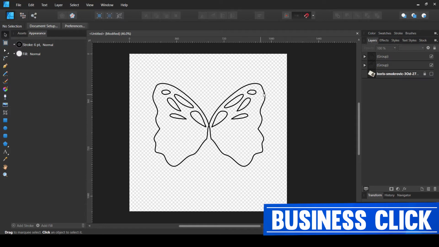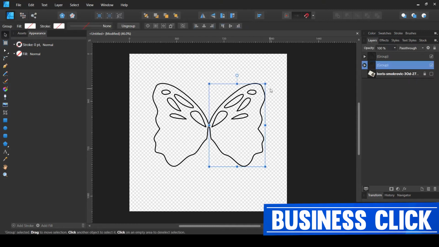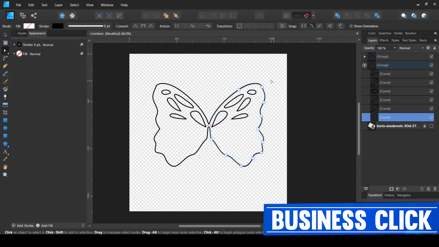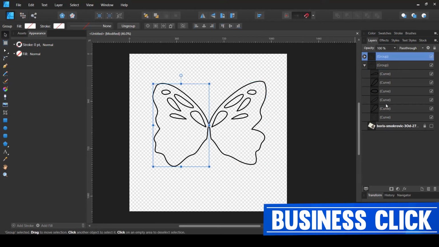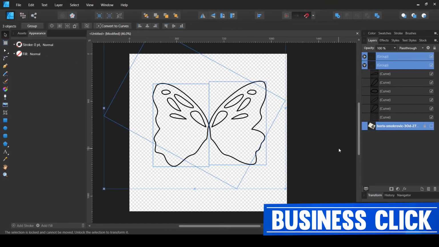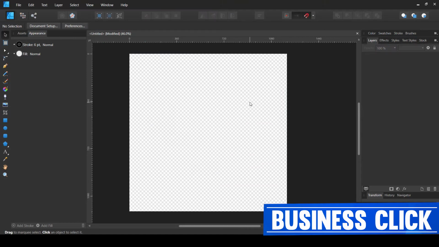Now if I don't like a certain way the wing appears, I would just select this layer and change its shape as I see fit for my design, because I don't want to make it exactly like the original image. I might want to change it. So this is how I usually approach these kinds of things. Now this is for images like butterflies and anything similar. Let's just delete it, and let's move on to the next example.